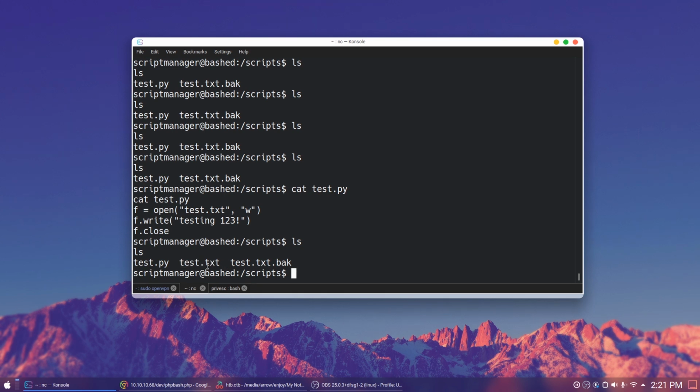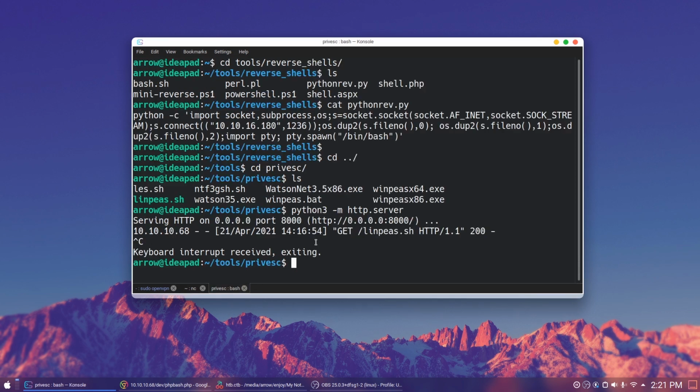So that means whenever we rename this text file to something, the cron job, which is running every minute I think, checks the contents of this folder, and if there is no test.txt, it runs this Python script. So that means we can edit this Python script, and whenever the cron job runs this script, we get the reverse shell.